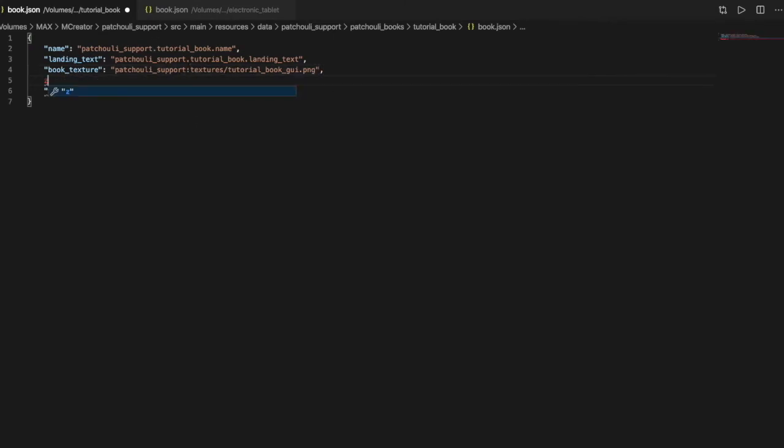So if you want to write it, it's filler_texture, and I put patchouli_support:textures/diamond_filler.png, and this is it.